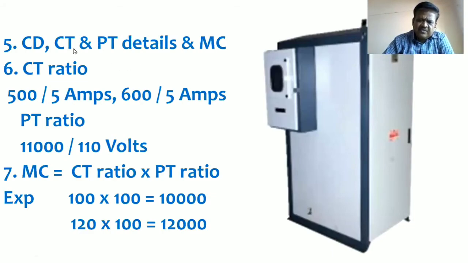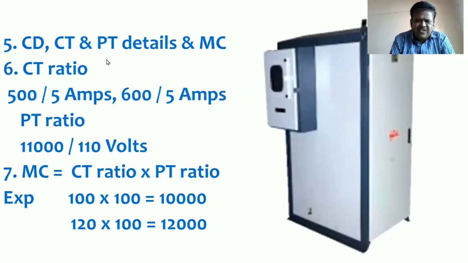And then the CT-PT ratio. This is also written. CT is the current transformer and PT is the potential transformer. To brief this, what are CT and PT? These two devices are used at the HT side to measure high current and high voltage. Especially in electrical installations, you can see CT-PTs. The current transformer is used to measure high current, and potential transformers are used to measure high voltage in the electrical installation.